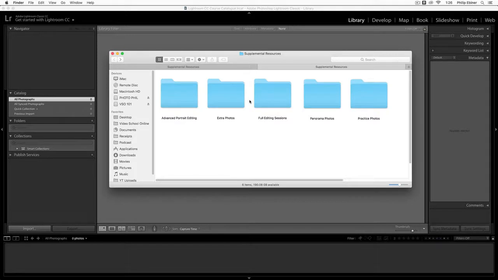The way that Lightroom works in terms of importing photos is that it is actually reading the photos on your computer, but it's not actually moving the photo file. It's just reading it from wherever you save it on your computer. So make sure you stay organized in your documents or in your Finder, whether you're using Mac or PC, it doesn't matter.